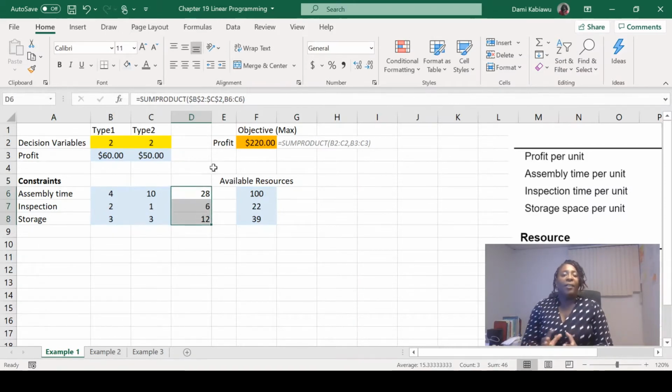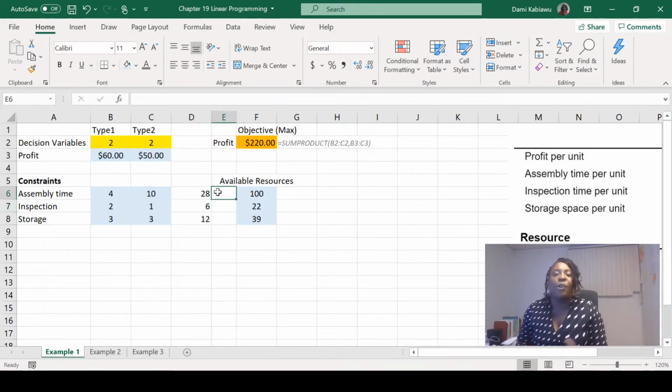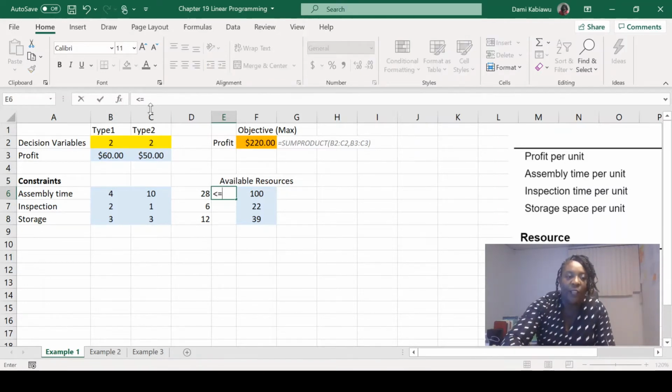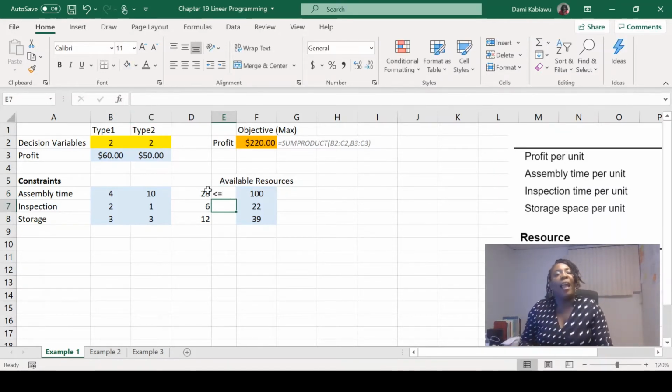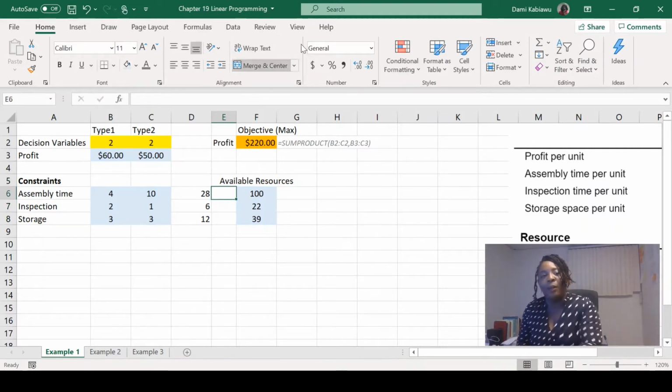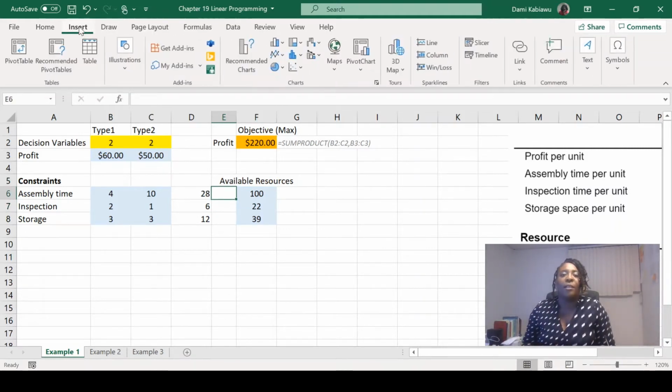Now, these constraints are less than or greater than constraints. Looking at this spreadsheet that I've built, I can't tell, right? So I'm just going to put the less than or equal to sign. You can type the less than or equal to button like so, or if you're extra like me, you would put a symbol in there. So I'll just do insert symbol,